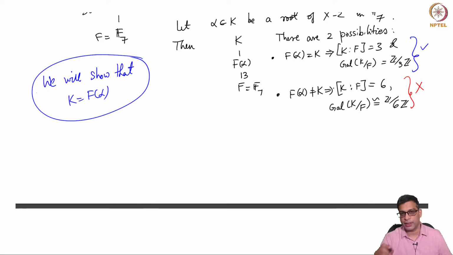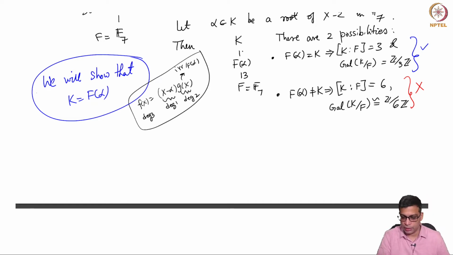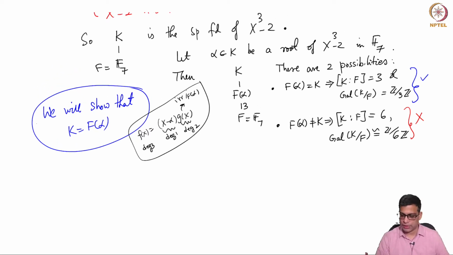The second possibility is that the roots are not in F alpha, in which case you will have to add them, and then it must be degree 2 exactly, because after you factor out x minus alpha from the polynomial in question, this is degree 3, this is degree 1, so the quotient will be degree 2, and by the assumption that F alpha has no other roots, this quadratic will be irreducible over F alpha. In this case, the degree of K over F alpha will be 2. This is just a parenthetical remark. So in our problem, which of these cases happens?